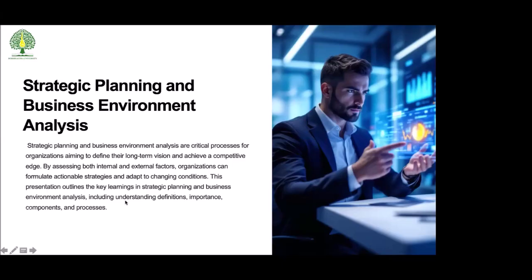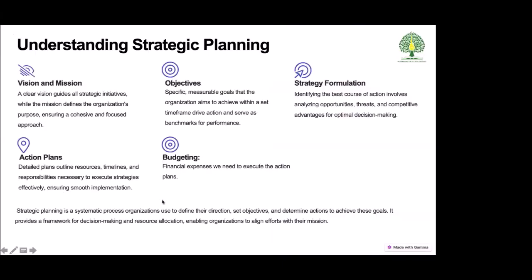Now let's move on to understanding strategic planning. It is a systematic process that organizations use to define their direction, set objectives, and determine the action required to achieve their goals. It provides a framework for decision-making and resource allocation, enabling organizations to align their effort with their vision. We have 5 key components of strategic planning: